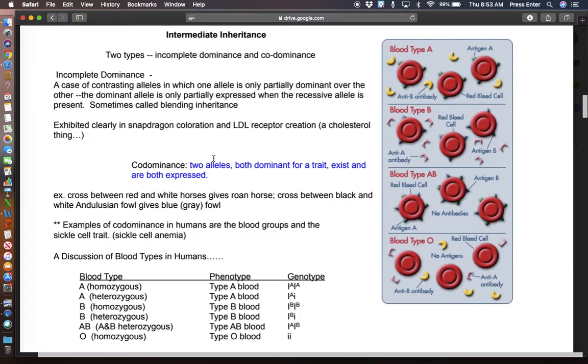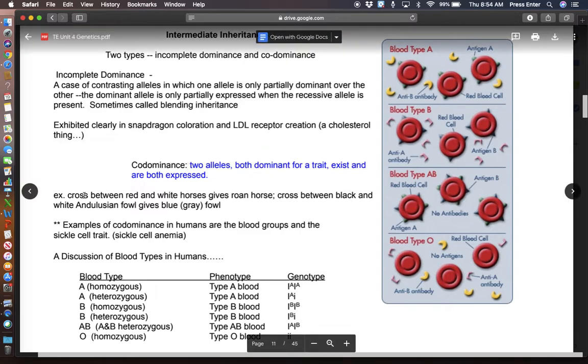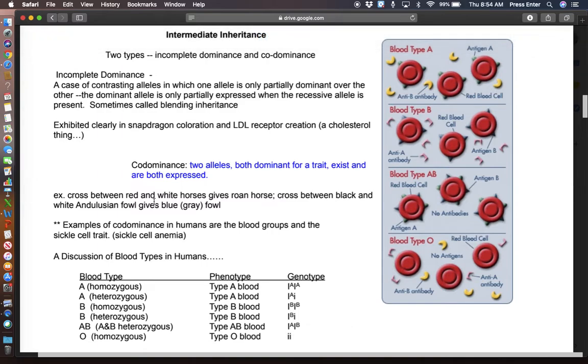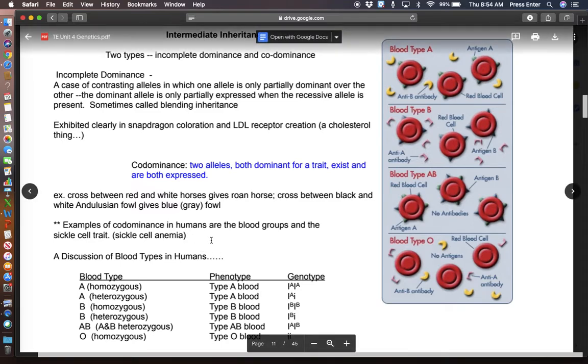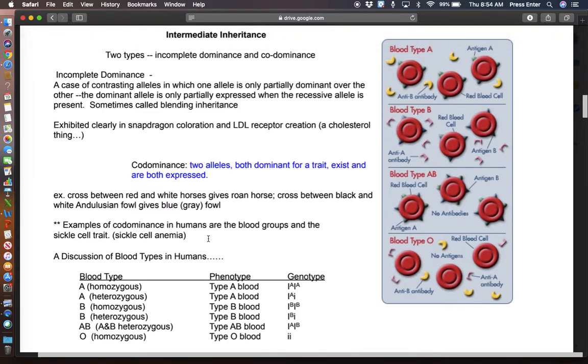Now, I know all along I've said you either have a dominant gene or a recessive. Well, I'm going to make the rule change a little bit here. It is possible to have two dominant genes, okay, two alleles that are both dominant. Other examples, there's some horses called roans. There's a chicken called Andalusians, and they actually do look blue or gray, like a slate gray. And then other things in the human blood types like sickle cell anemia and that sort of thing.